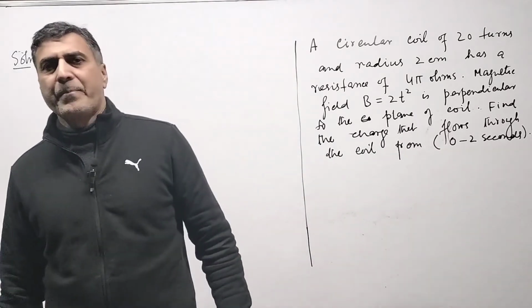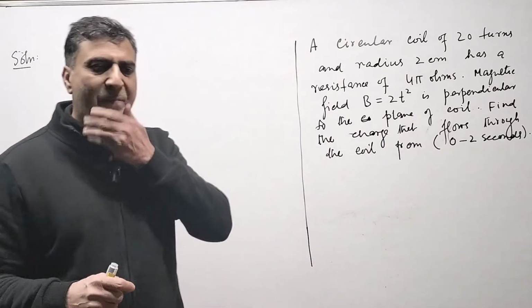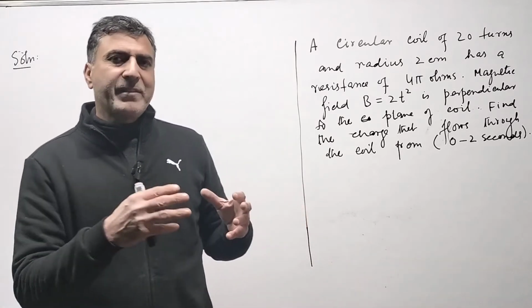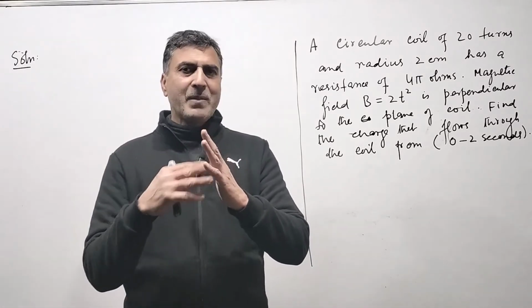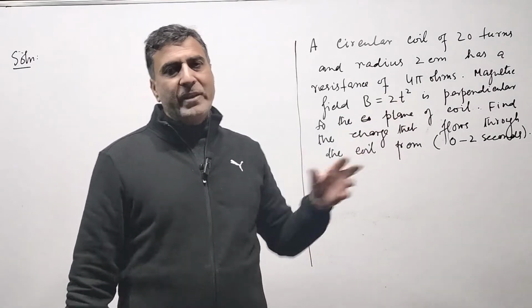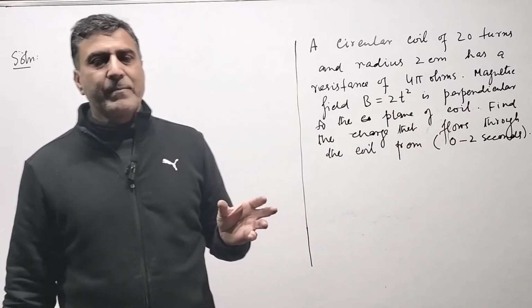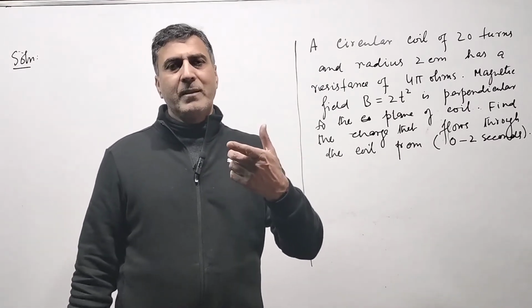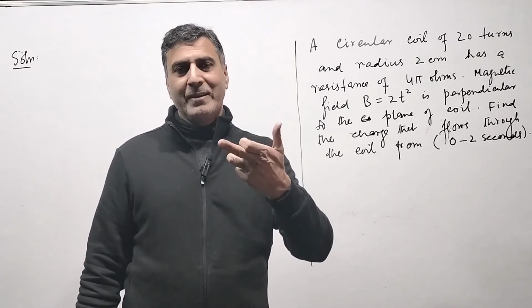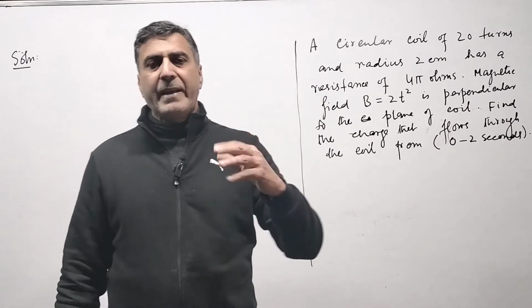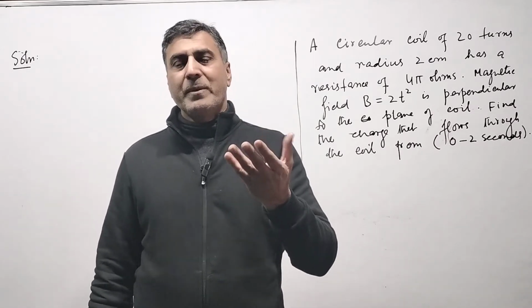That is the question. You have a coil, and through the coil passes the magnetic field perpendicular to the plane of the coil. But that magnetic field is time dependent. So there is a change in flux, magnetic flux. We have to find how much charge flows through the coil. There will be a current through the coil. And current will be passing for some time, and therefore in that time charge will flow, because flow of charge